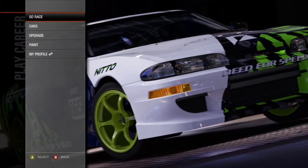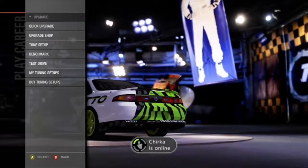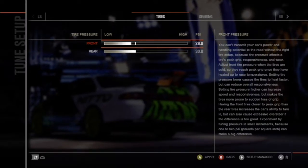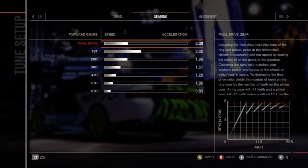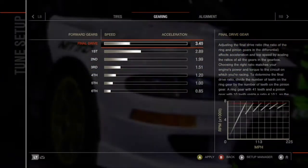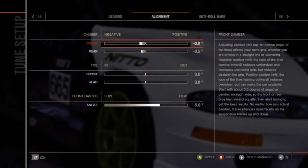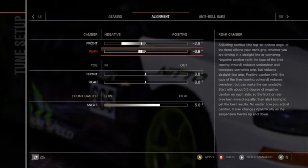So in part 1, we built this replica of Matt Power's Formula D S14. It's the Team Need for Speed S14 drift car. So what I'm doing right now is just putting a quick preliminary tune on it. Just a quick base tune. Right now we're running the SR20DET in it,